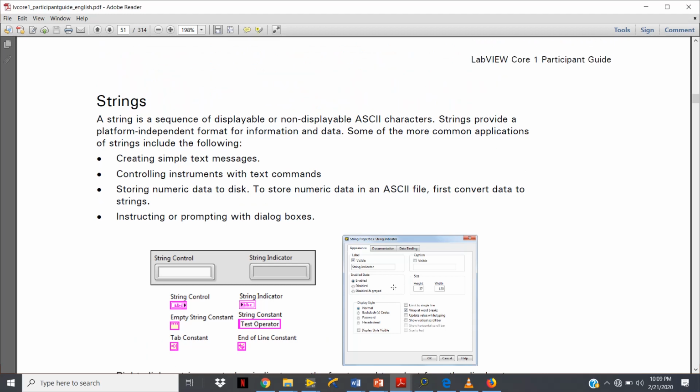Strings is a sequence of displayable or non-displayable ASCII characters. Strings provide a platform-independent format for information and data. Some of the more common applications of strings include creating simple text messages, controlling instruments with text commands, storing numeric data to disk (to store numeric data in an ASCII file, first convert data to strings), instructing or prompting with